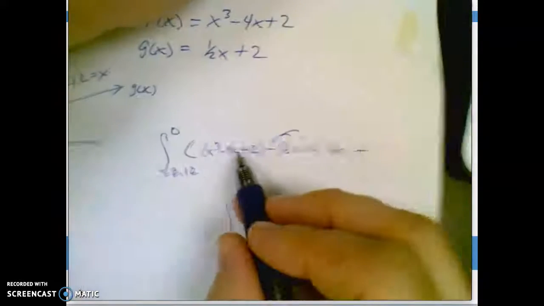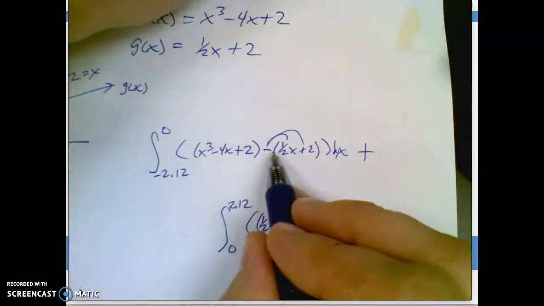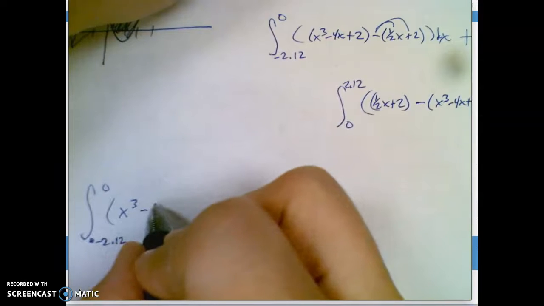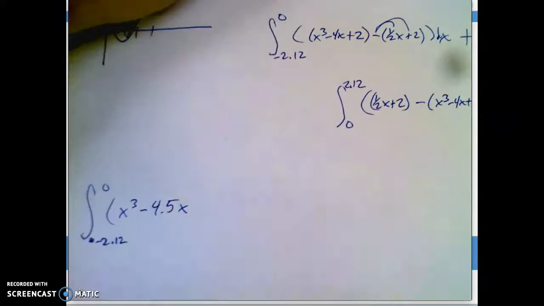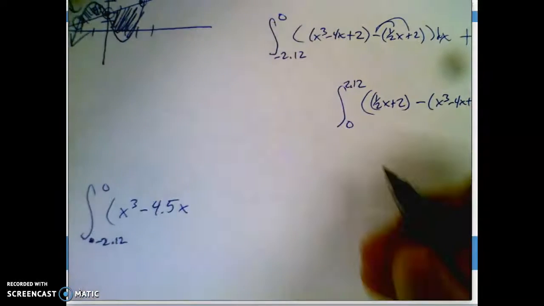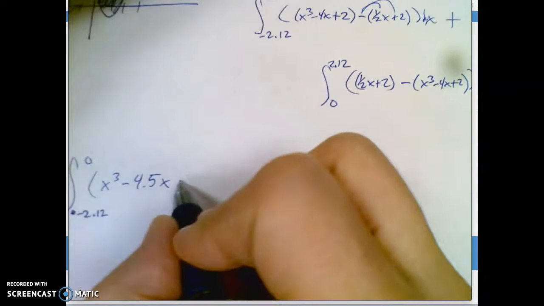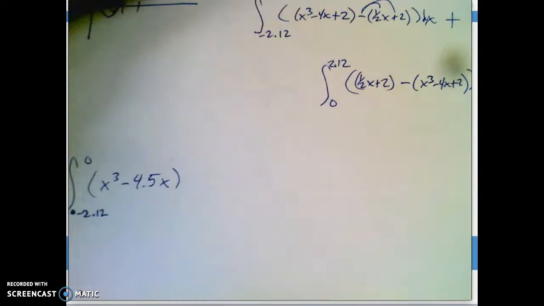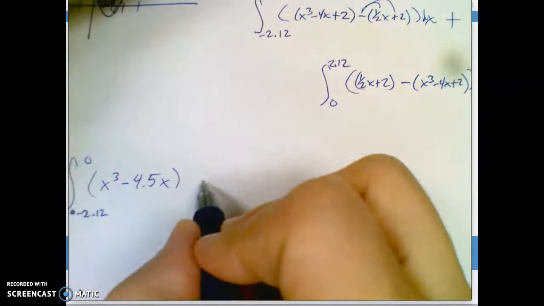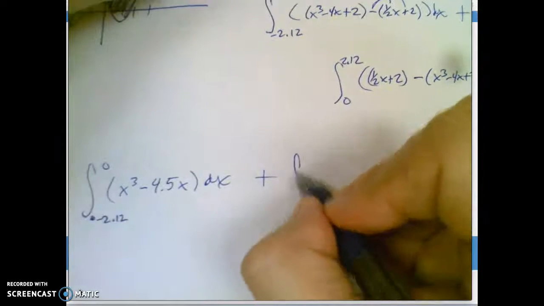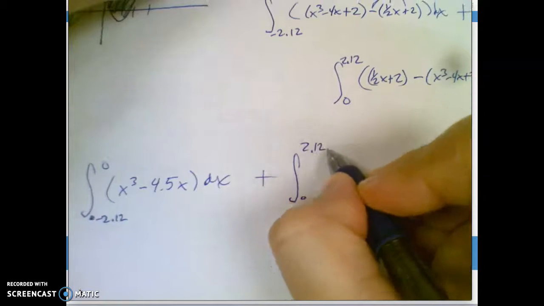I'll have no x squareds, but if I have a negative 4x minus a half x, that'll be minus 4.5x, right? And then I'm going to have 2 minus 2, so that's nothing, right? So there's one of them. Okay, and then dx. You're going to add to that the other guy, which goes from 0 to 2.12, but